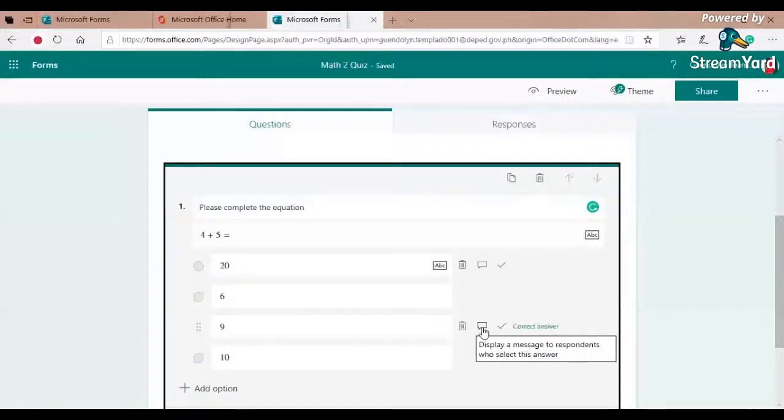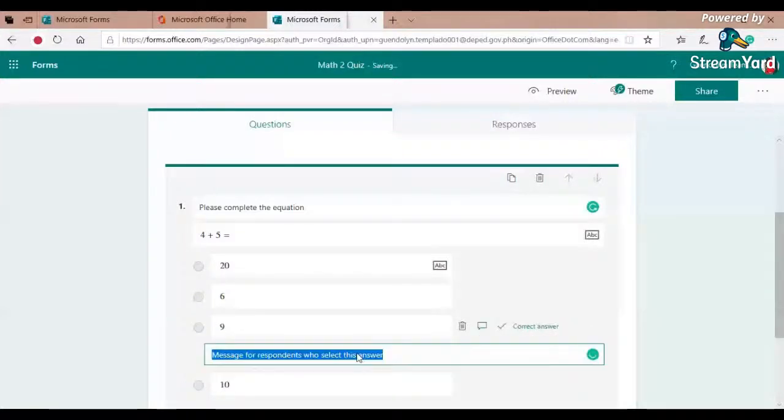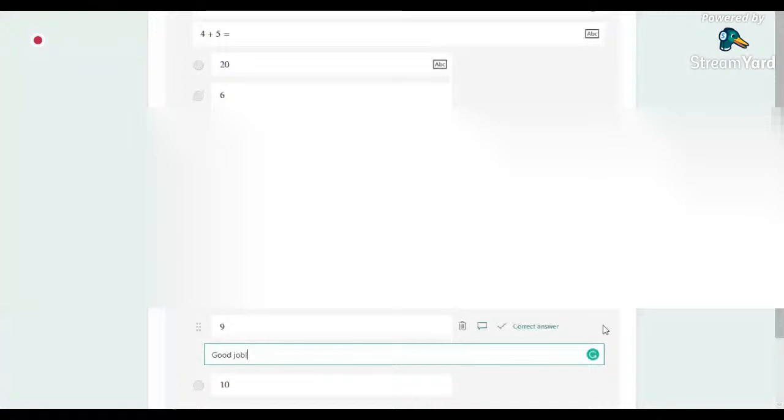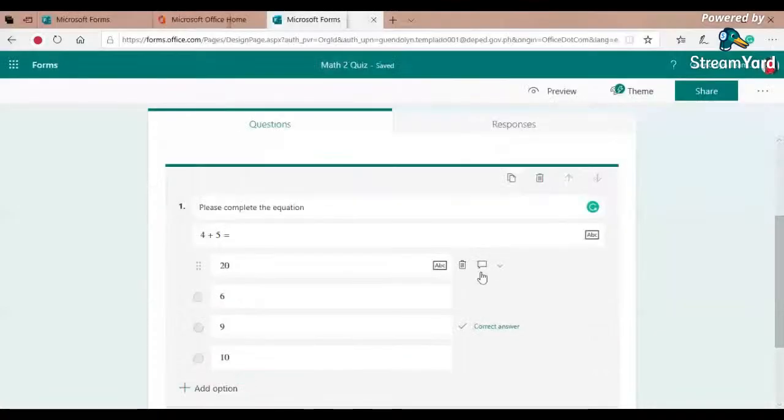For example, if they select a 9, I will give a message like good job. If they select 9, it will display good job to them.